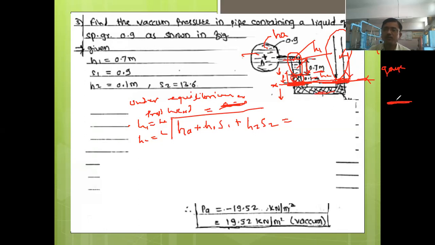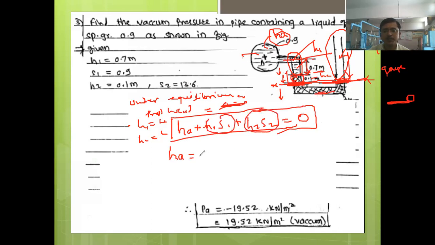So the pressure head because of the atmospheric air will be taken as 0. So I can write here 0, right? Okay, so this is our equation. Now here we are interested in finding this pressure head, so I will keep this ha on the left hand side, and I will take h1s1 as well as h2s2 on the right hand side. So both will become minus. I can take this minus sign common, and in bracket I can write h1s1 plus h2s2, right? The bracket is complete.